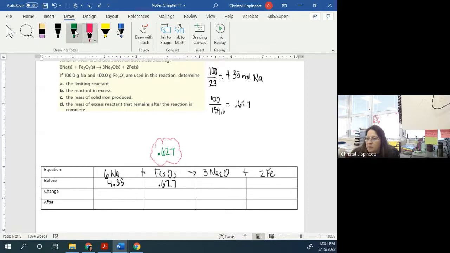So this one I end up taking and multiplying by 6. I'm going to subtract here because this is a reactant. This is my dividing line between my products and reactants. I wouldn't have started out with any of these. I'm going to end up making